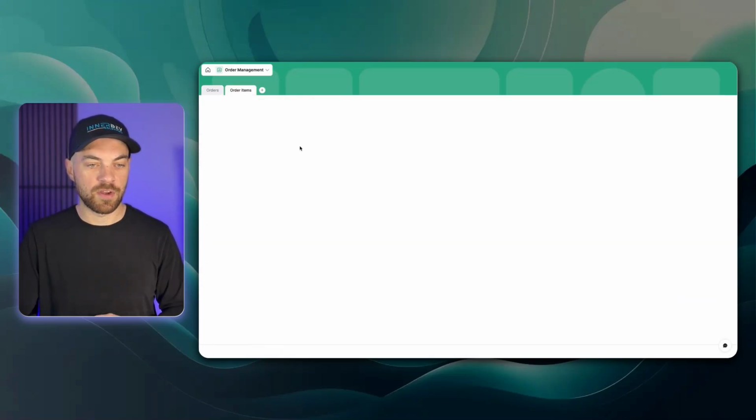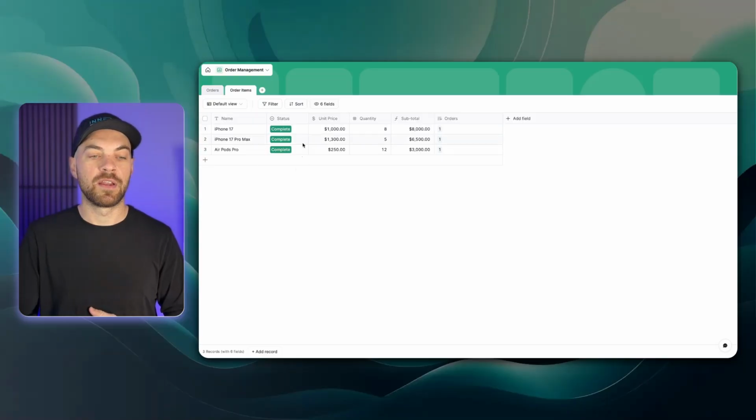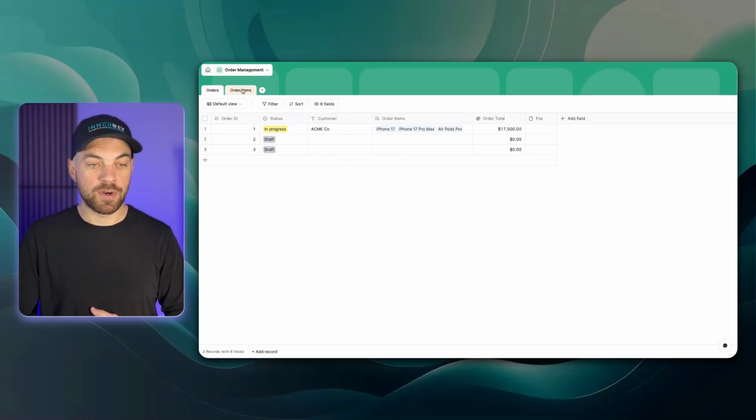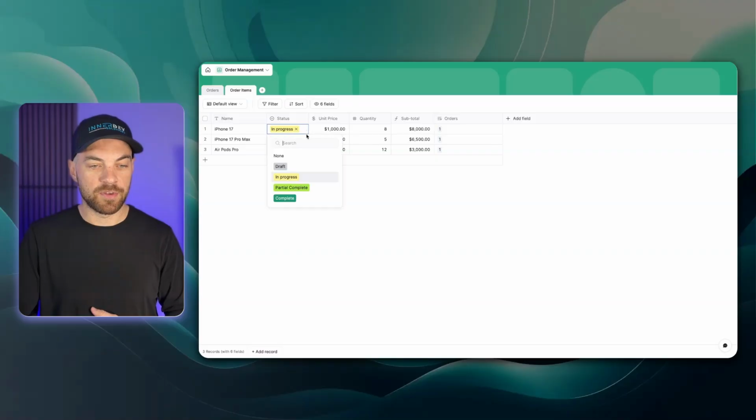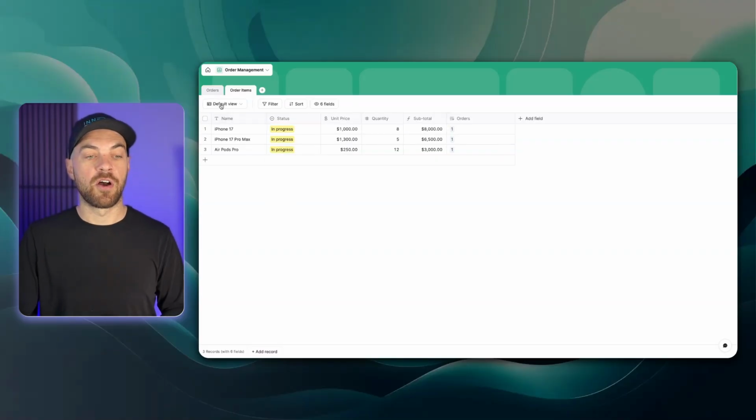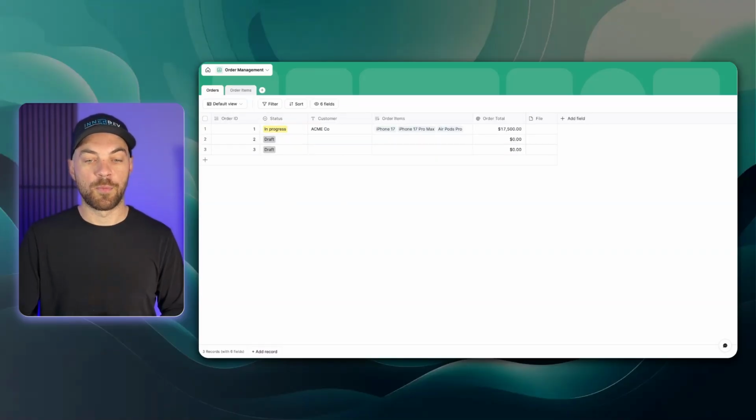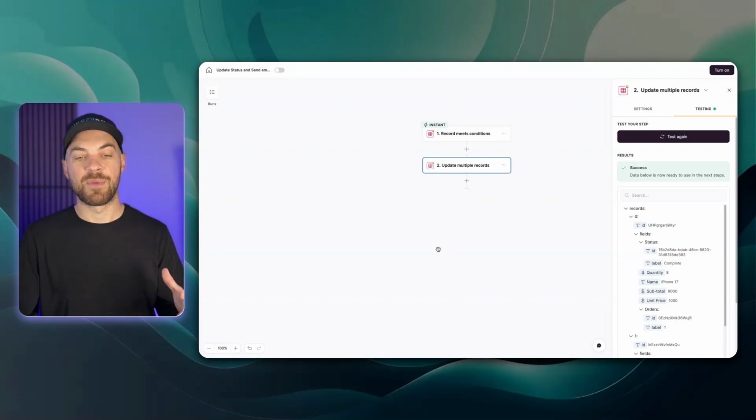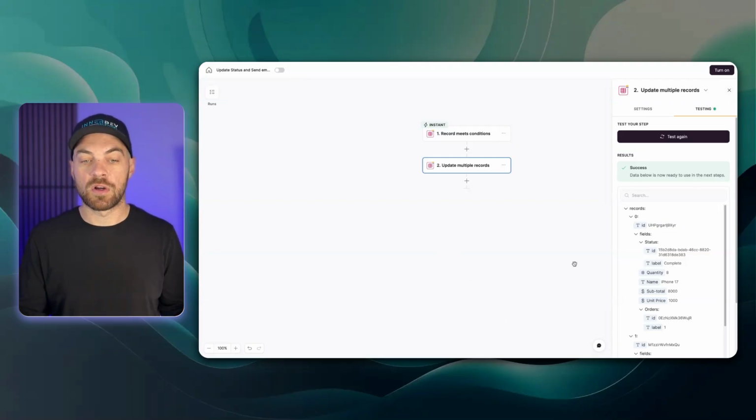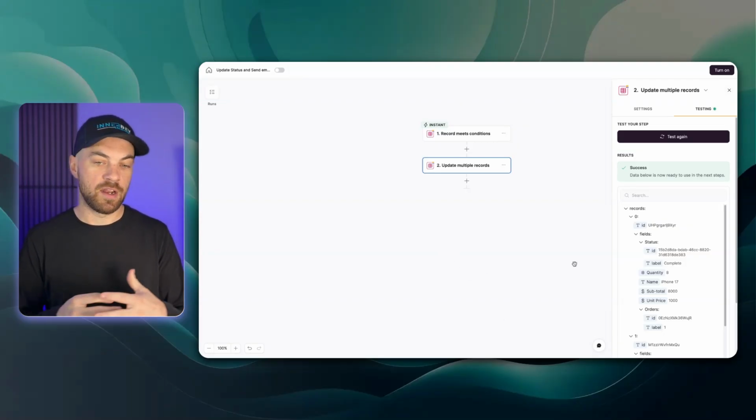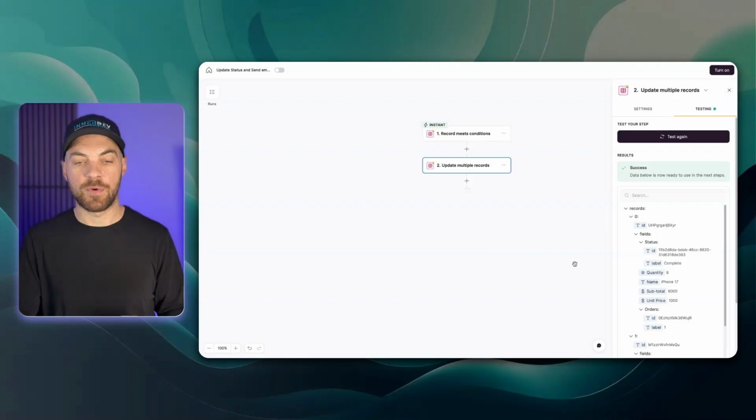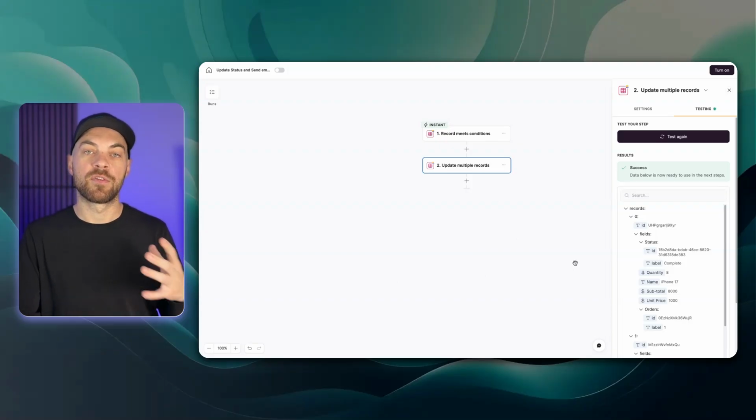If I go back into Softr, we can see it updated all of these statuses. I'm going to change this back to in progress. I'll do that to all of the items as well. Now I've reset this all to in progress. So I can go back into the workflows and I can add my next step here. You could end your workflow right here if you wanted. It updated all of the statuses, as we asked it to,